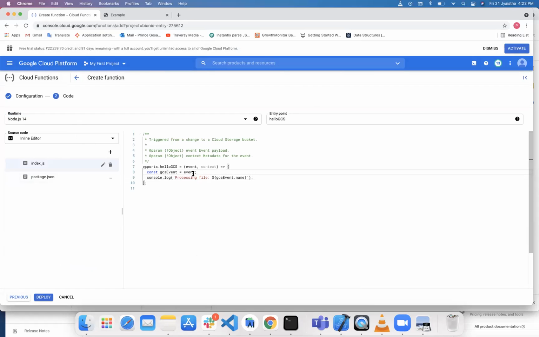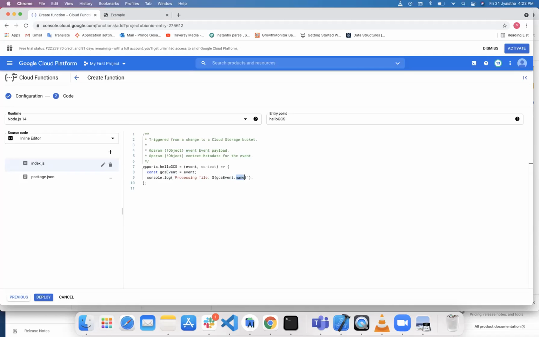Whenever we insert or create any file, we will get an event over there. So we are just checking the file name, whatever the file is.